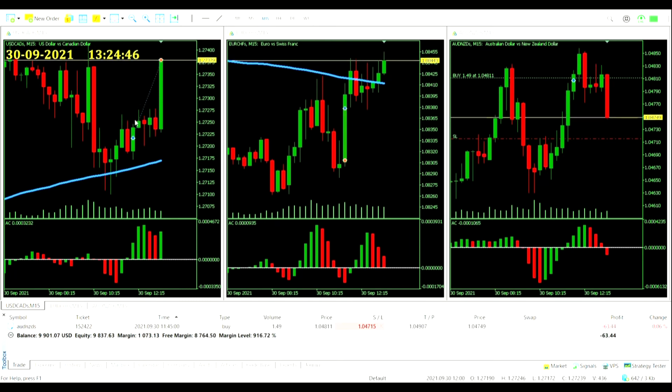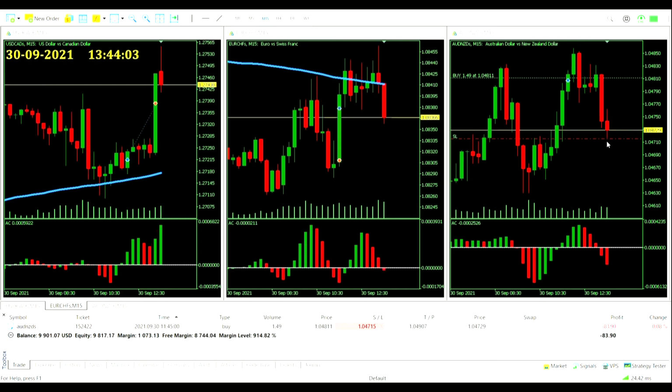Bit of good fortune with a strong run up here, but similarly, as we look into the mirror over on the other side for the Australian dollar, New Zealand dollar, that is coming down the other way and looking ever more likely to hit our stop loss. As it still gets ever closer to our stop loss,